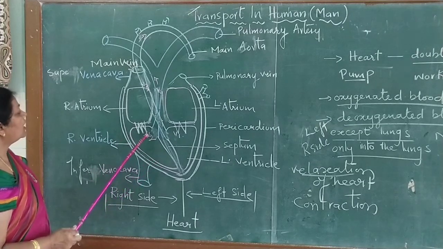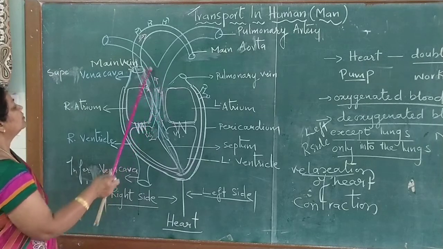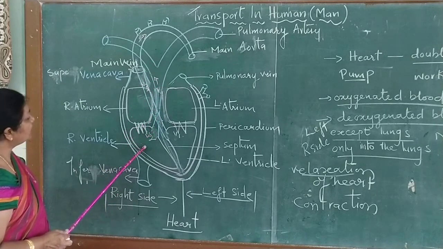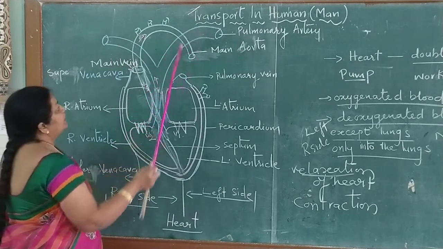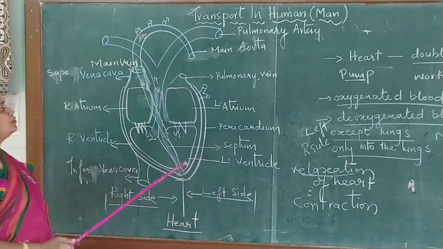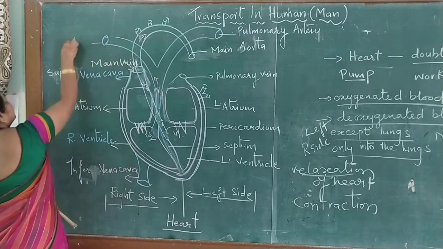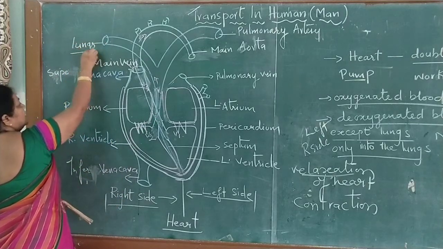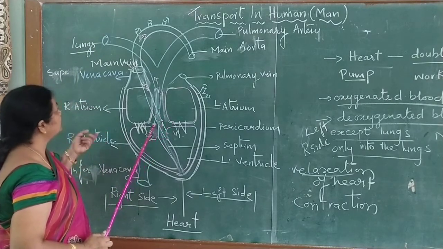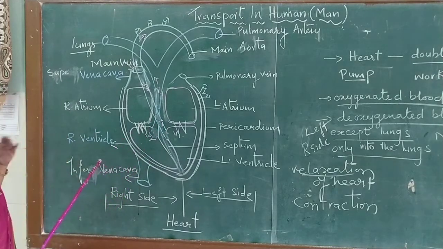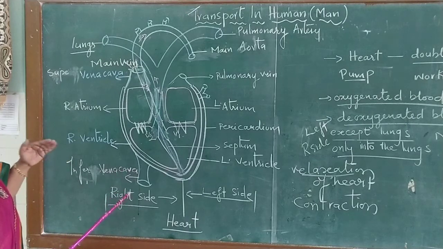From the right ventricle, when the ventricle contracts, you can see there is a connection with pipes through the ventricle. When this ventricle contracts, the blood is pushed with pressure into the pulmonary artery. This pulmonary artery collects the impure blood and sends it to the lungs. It goes into the lungs for purification, and the carbon dioxide is procured into the lungs, and by breathing, or respiration, it moves outside. So this is about the working of the heart.